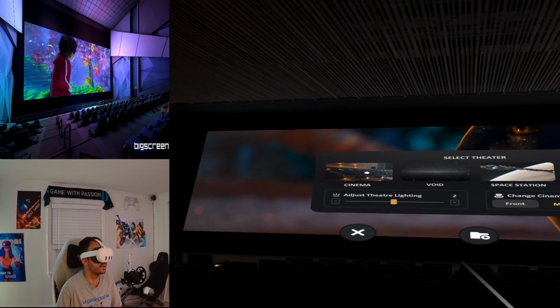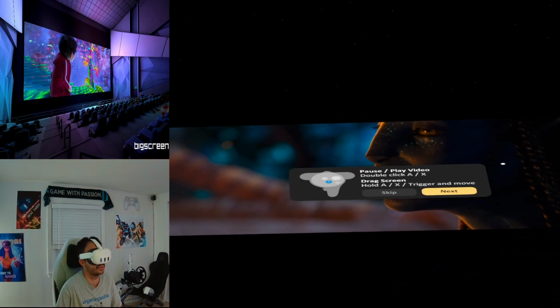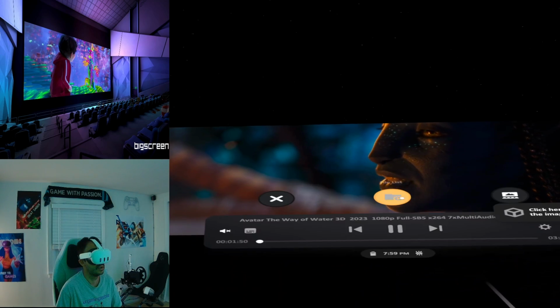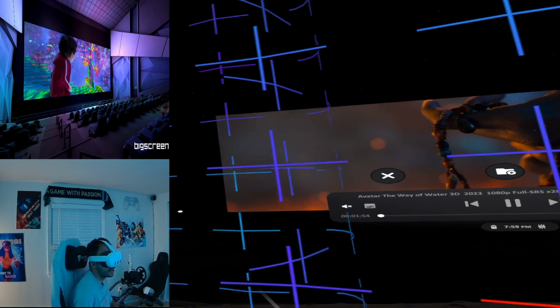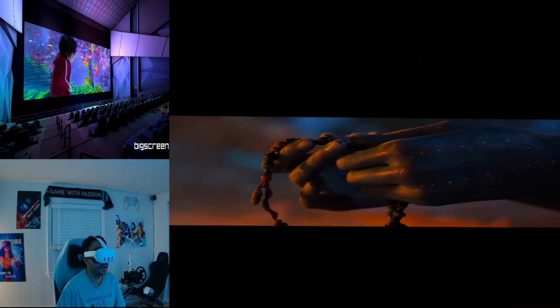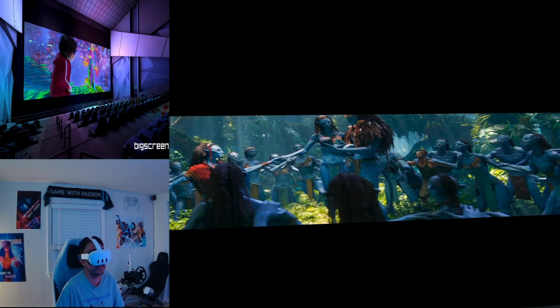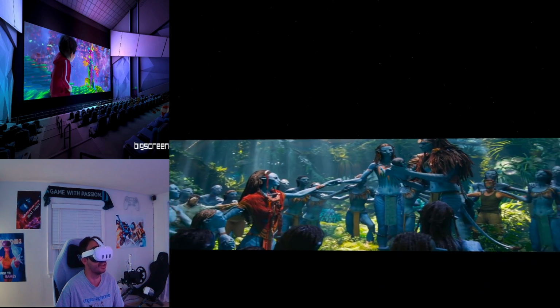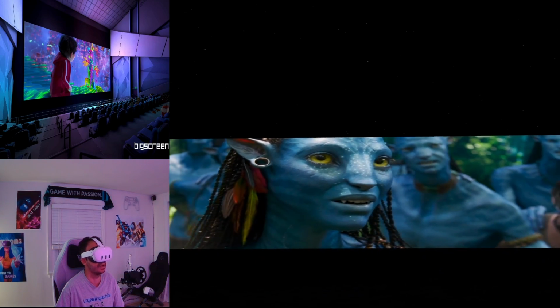You can decide where you want to sit. Like I said, you can just go to the void if you want. You can hang out on the moon if you want, kind of chilling here, hanging out on the moon all by yourself, and you're just watching this movie. And again, VR was made for 3D movies. I've talked about this in past videos, but this looks fantastic and exactly what you would want 3D to look like on here.